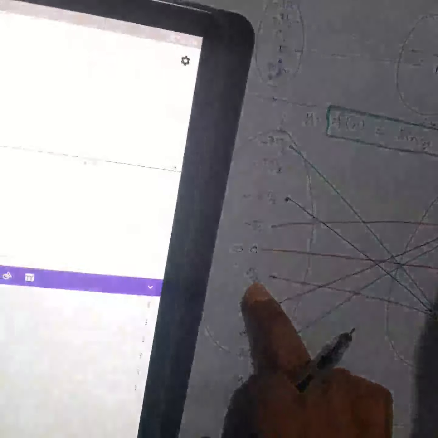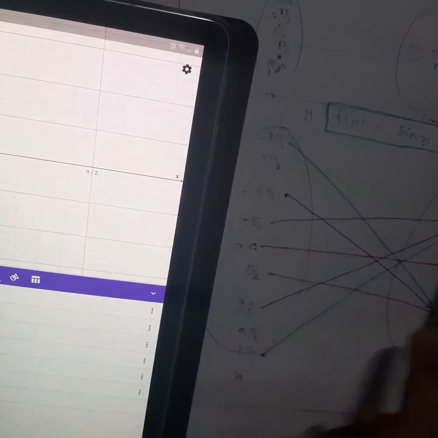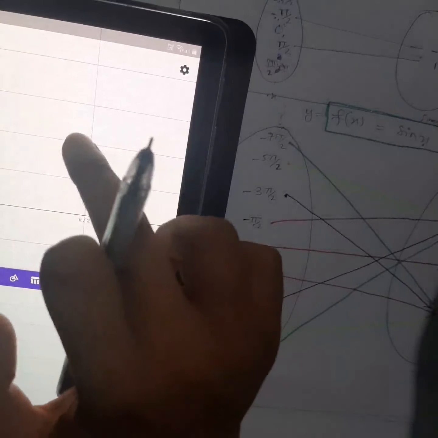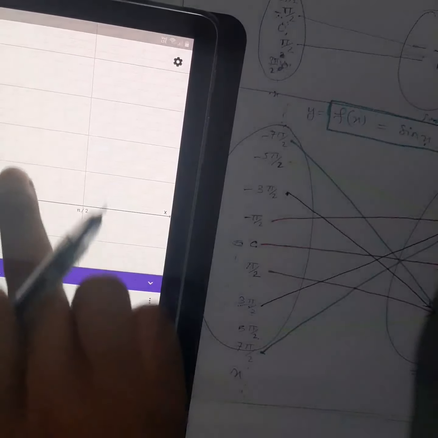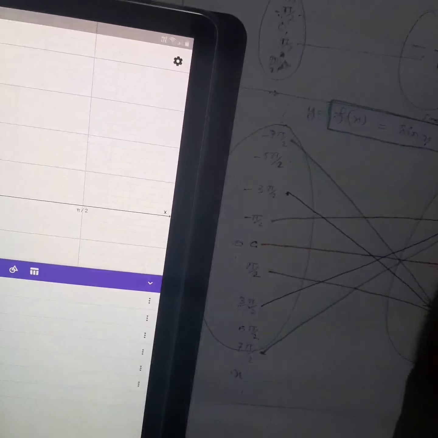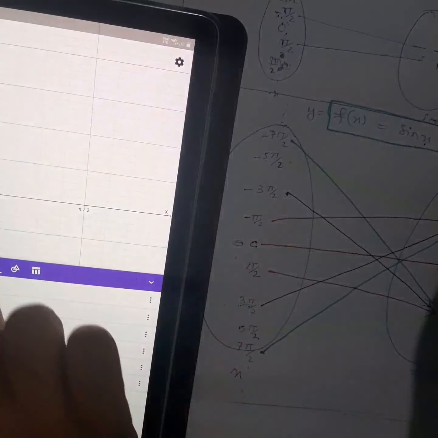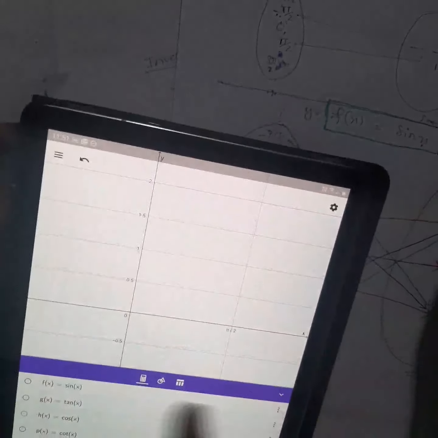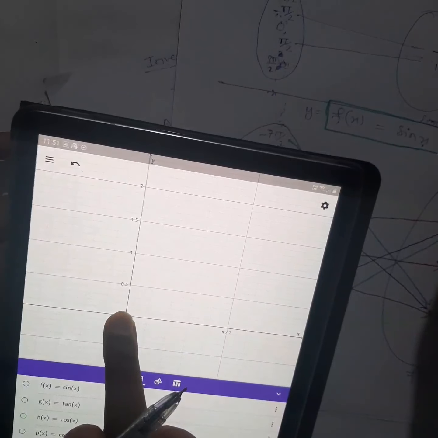Then next, what will you take? X you will take pi by 2, right? When x is pi by 2, how much is y? Y will be 1. So where will you take 1? Here, right? So your second point will be here. So between this, if you plot somewhere here, you will get something between 0 and 1, right? I hope it's clear: if you take x as 0, your y is also 0, so the point will be here only.